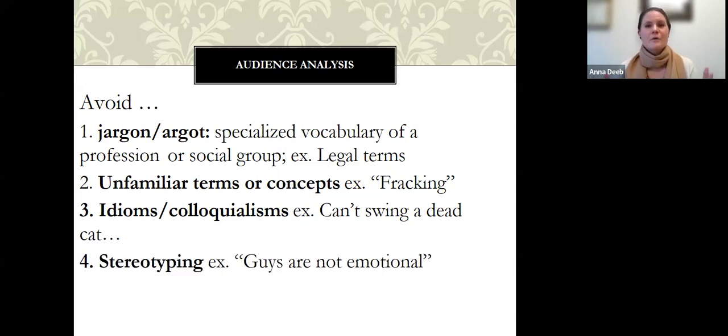And finally, of course, this is an obvious one, but we want to avoid stereotyping any group of people in a speech. It might seem like it's easy to make a joke, and stereotypes can be the butt of jokes, but we want to avoid making assertions and claims like, well, we all know guys aren't emotional, so they can't feel anything I'm talking about right now. But anyway, all right. We don't want to overgeneralize or assume truths because of someone's identity. And we talk about that more in the ethical public speaking chapter.